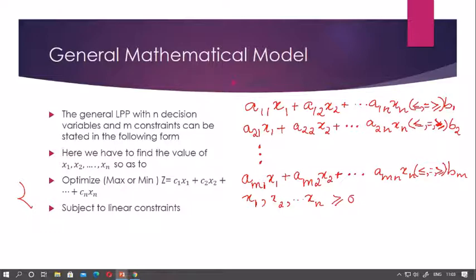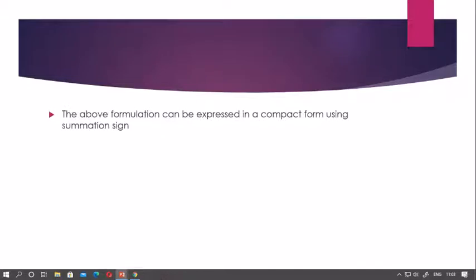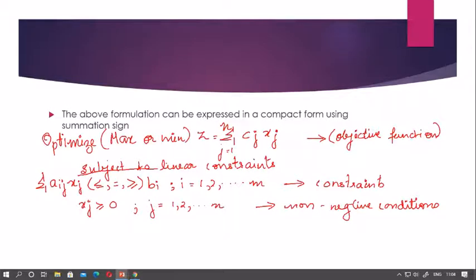Now this formulation can be expressed in a compact form using a summation sign. That is, instead of writing optimize, max or min, as on the previous slide where we have written z is equal to c1 x1 plus c2 x2 etc., you can write it in a compact form like z is equal to summation j is equal to 1 to n of cj xj. This is called the objective function,